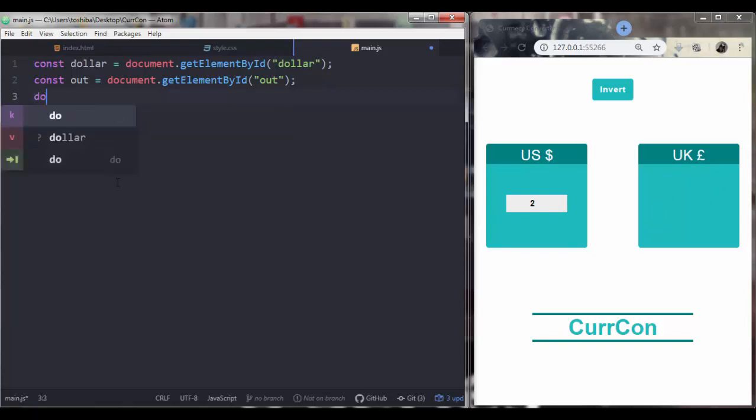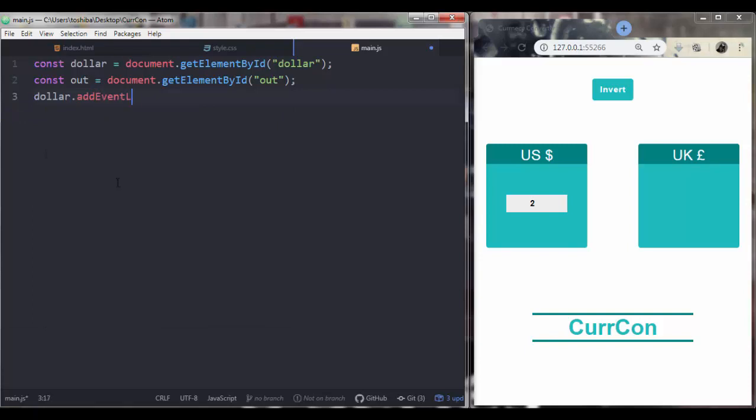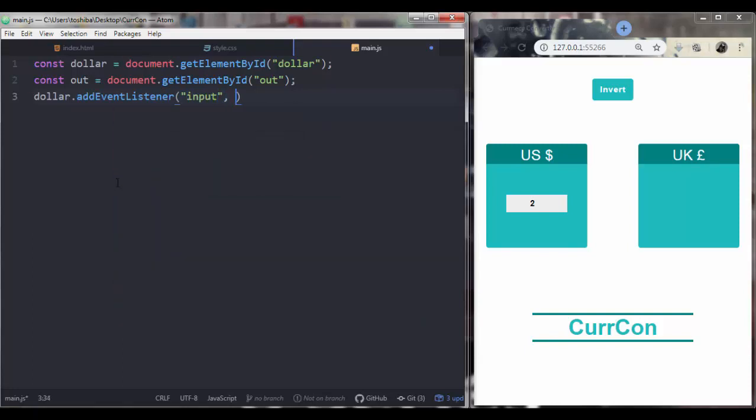So I'll say dollar dot add event listener, which is the input, and we'll run this function called toPound. Okay,